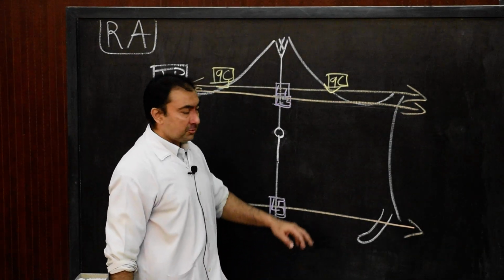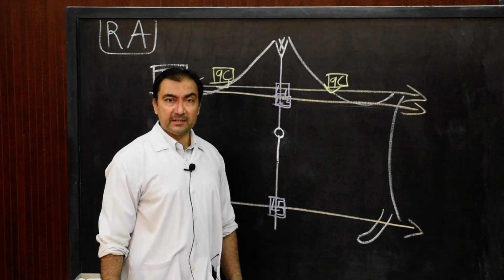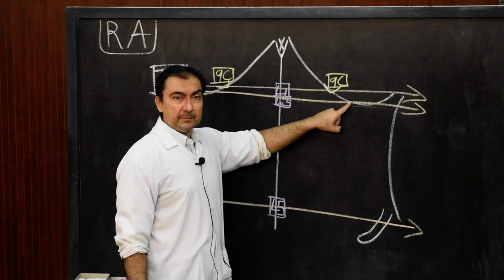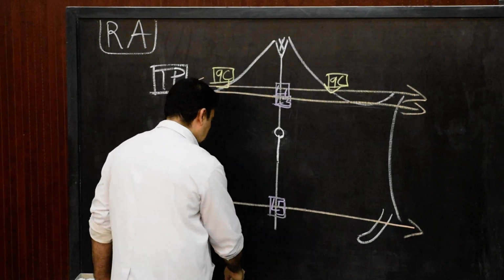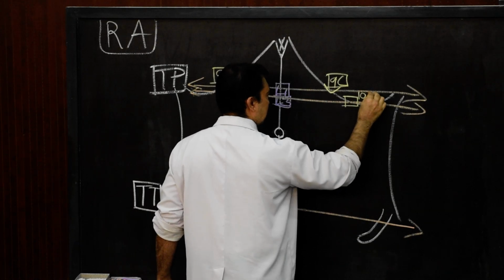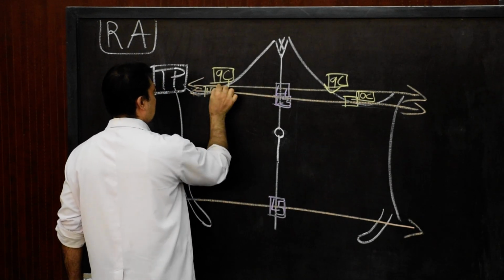And remember, it will pass through the upper part of the body of L3 vertebra, and it will cross the costal margin. Which costal margin? The 10th costal margin, the 10th rib costal margin. So here you can write it as 10th rib costal margin. Here also the 10th rib costal margin.